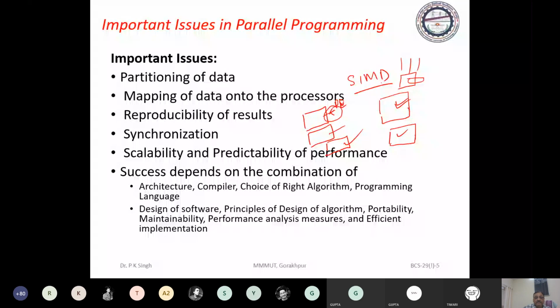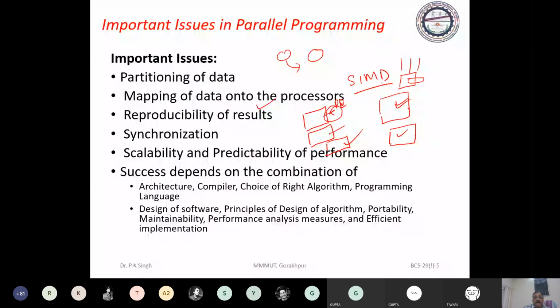So we go for the mapping of data for the processor. Reproducibility of the result means that in any processing or computing, one processor needs to use the data produced by another processor. We have two mechanisms so that the target machine, the machine that needs the partially computed result of one processor, may use it.